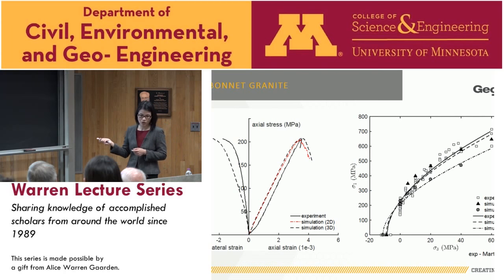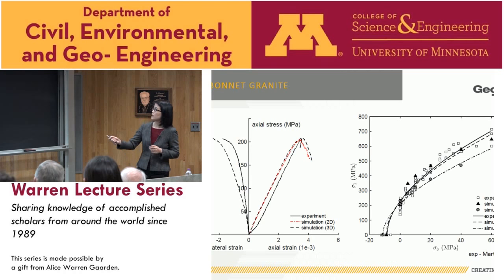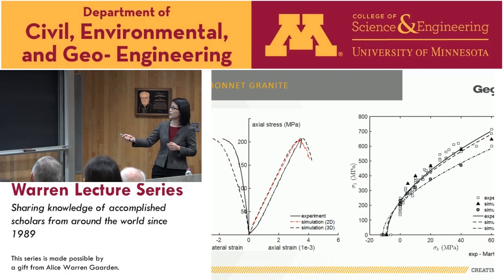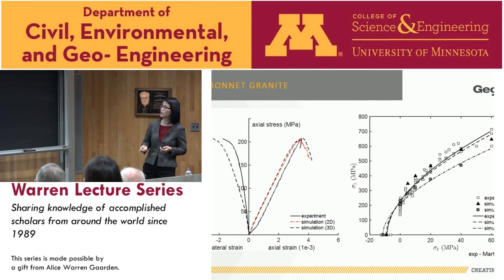The 3D shows a failure envelope that's below the 2D one, and that's not surprising, because the 2D simulation is neither plane strain nor plane stress. It's sort of confined. But even with plane strain, you have only one direction of lateral displacement. In 3D, you have two directions for lateral displacement. That's why the failure envelopes are lower than the 2D one.